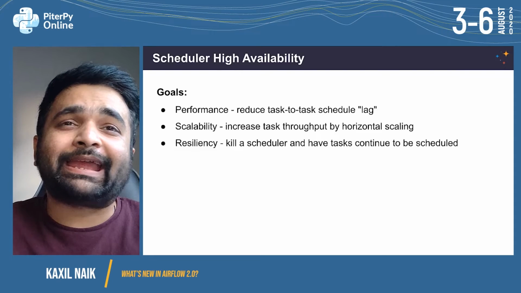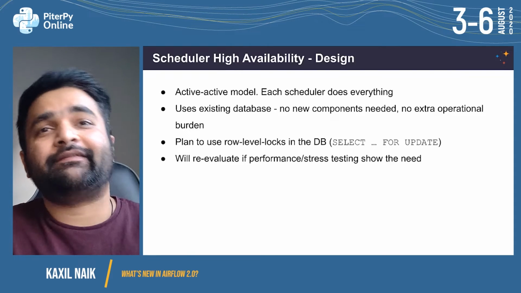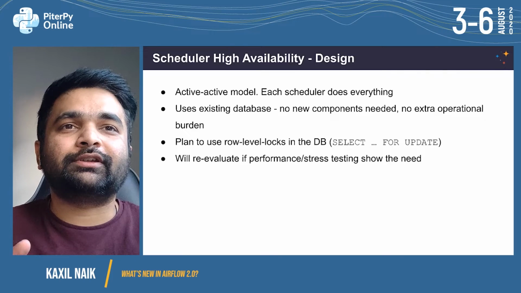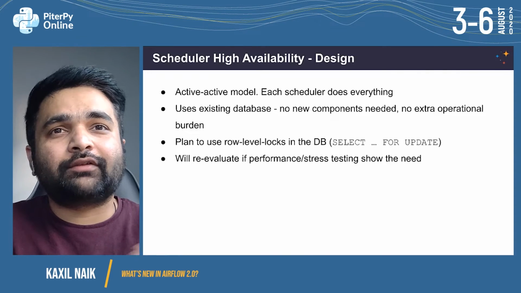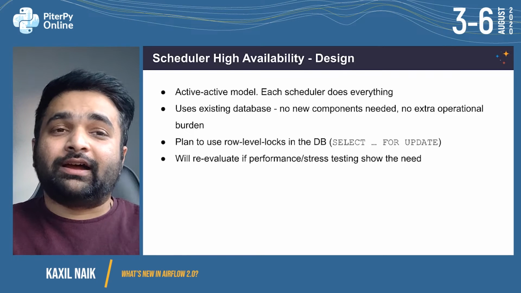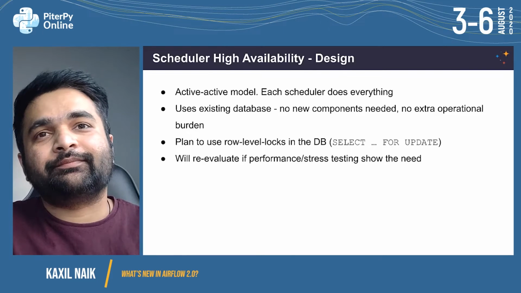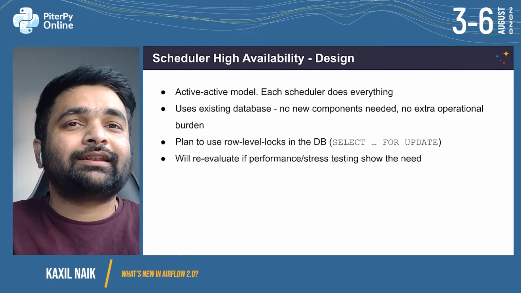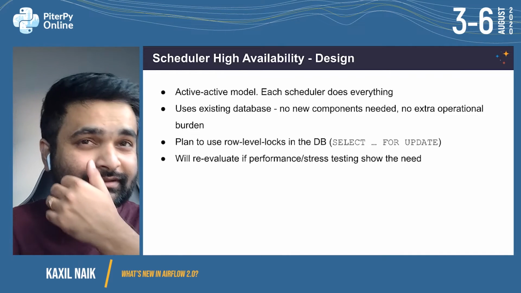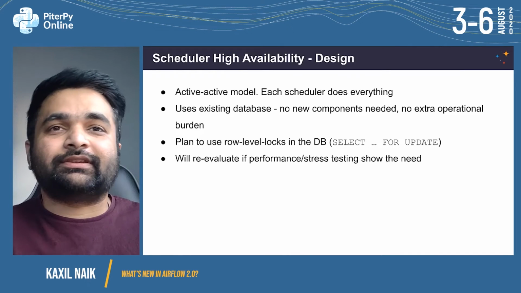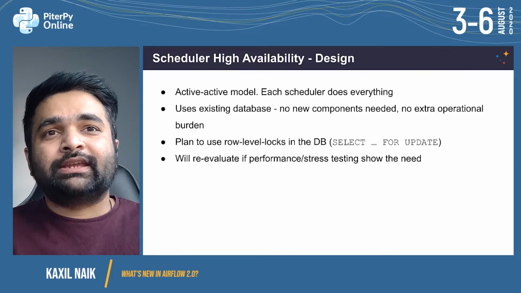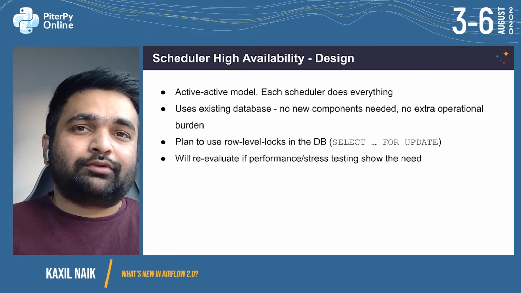We have gone with an active-active model, that is each scheduler does everything. For example, you would be able to run 3 schedulers and all 3 schedulers would actively schedule tasks. If one of them dies for whatever reason, the other schedulers would keep track of the tasks scheduled by that scheduler. A point to note here is that there will be no leader election or any need of coordination between the schedulers, like Elasticsearch does, for example. All the schedulers would interact with a metadatabase, which would be the single source of truth.